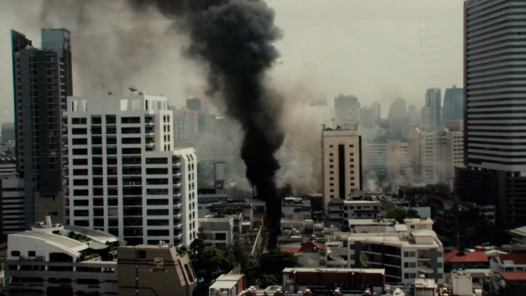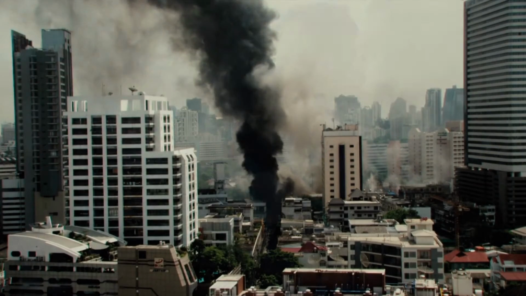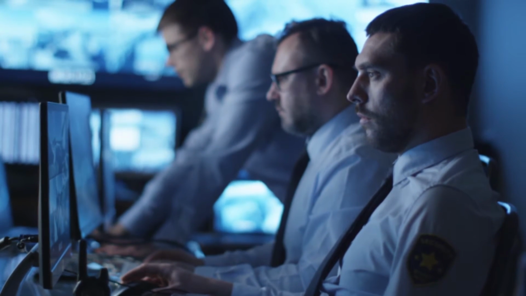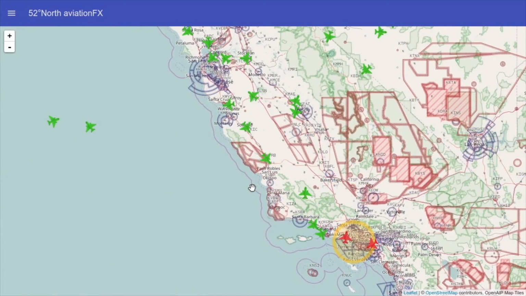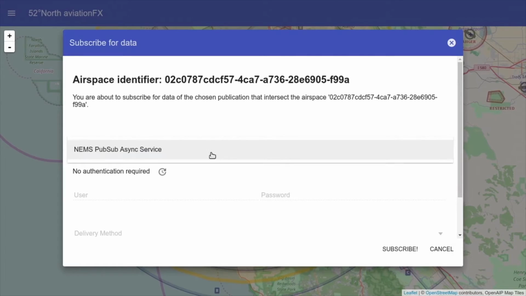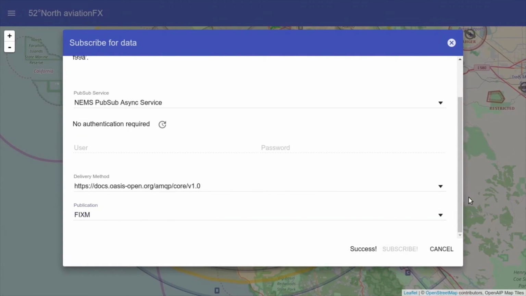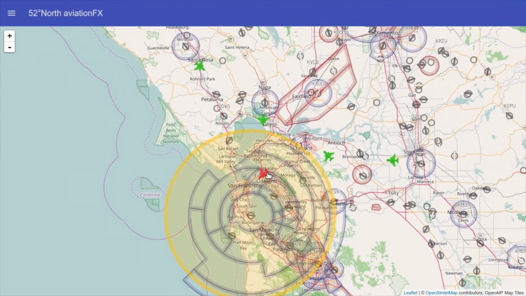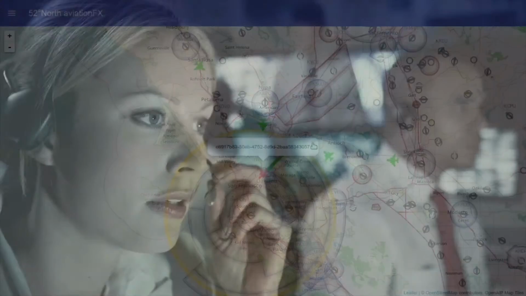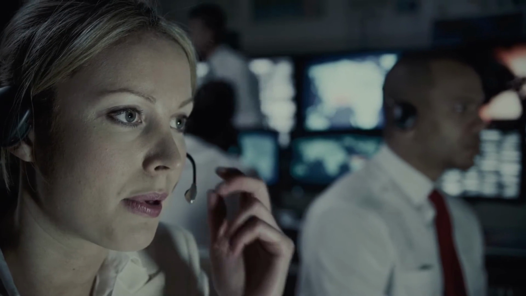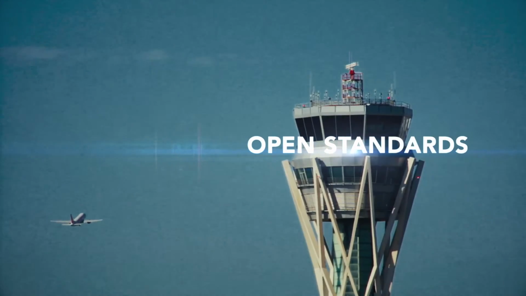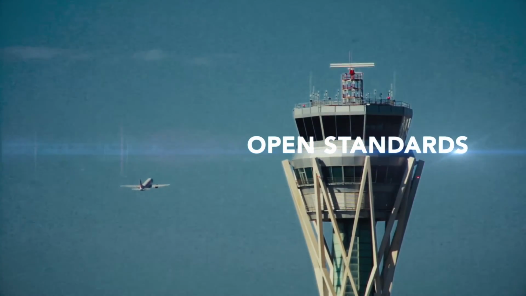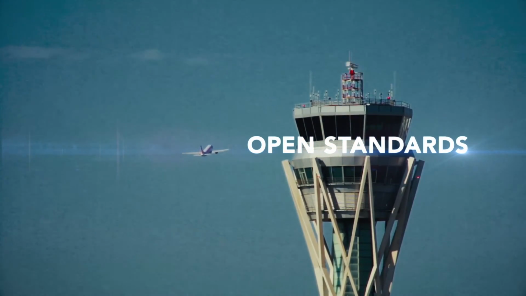In San Francisco, an evacuation is underway and operations are being relocated to a remote facility in Los Angeles. An OGC pub/sub server provides the capability to subscribe and unsubscribe to geospatially filtered event-based information. Using this service, the backup center can now monitor and support flights in both areas. The Air Operations Center successfully responded to the emergency because they were supported by open standards, proven web architectures, and were able to reuse software and integrate data more efficiently.